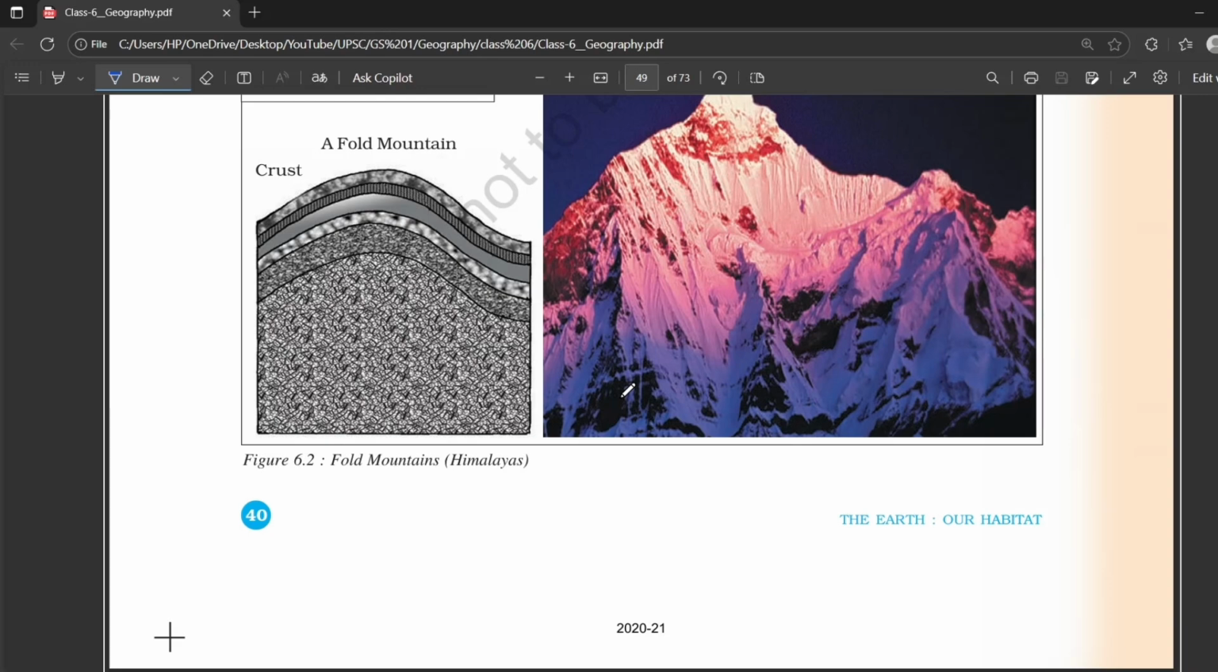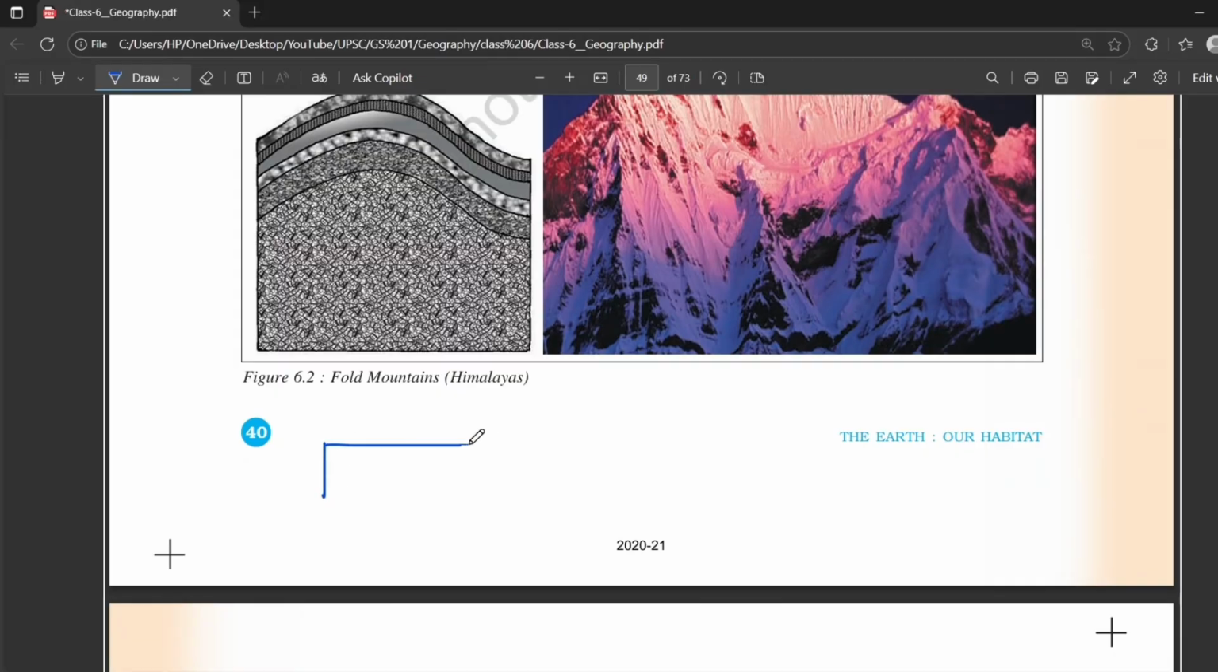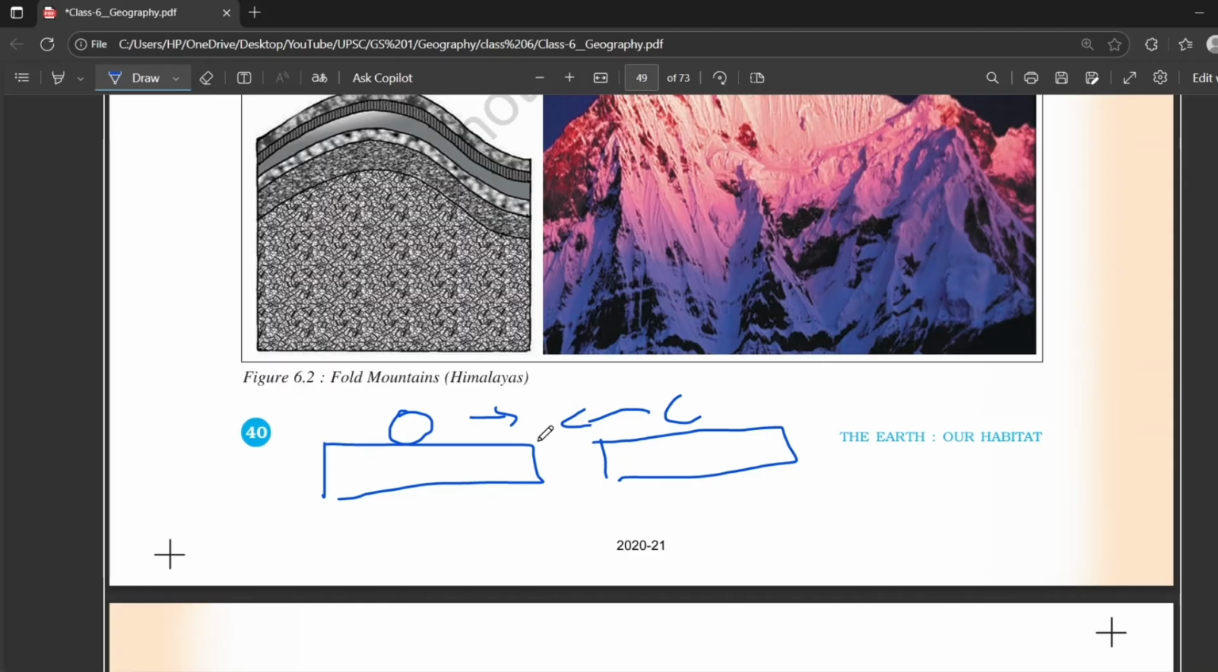For example, suppose this is the oceanic plate and this is a continental plate. We know that the oceanic plate is heavier than the continental plate. So when the heavier plate collides with the lighter one, the lighter plate moves upward and the heavier plate sinks downward like this. This is the oceanic plate and this is the continental plate. This will go downward and this will go upward. Below this,